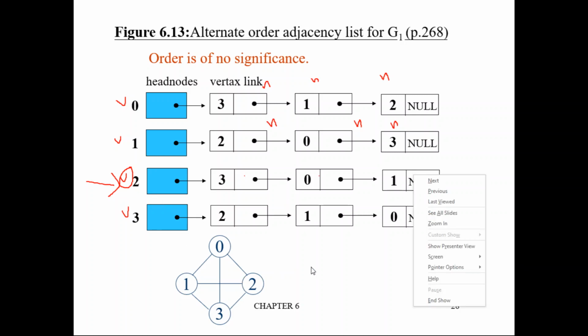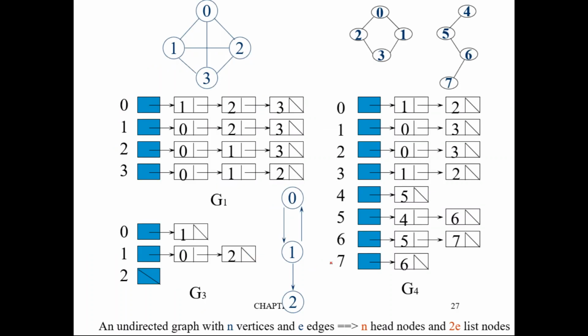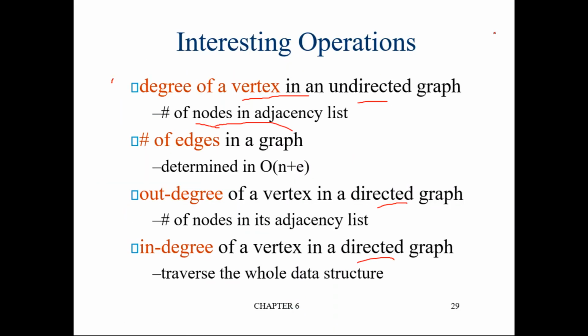You can come here and check. So 2 is having how many degree? 1, 2, and 3. Right? Let us take something else. Let us see what is the degree of 6. Go to vertex 6 and count the number of nodes. 1 and 2. This is just a linked list, you know how to count a linked list. Even you can write a program for that. So the degree of vertex 6 is 2. This is how we find the degree of a vertex from an adjacency list.